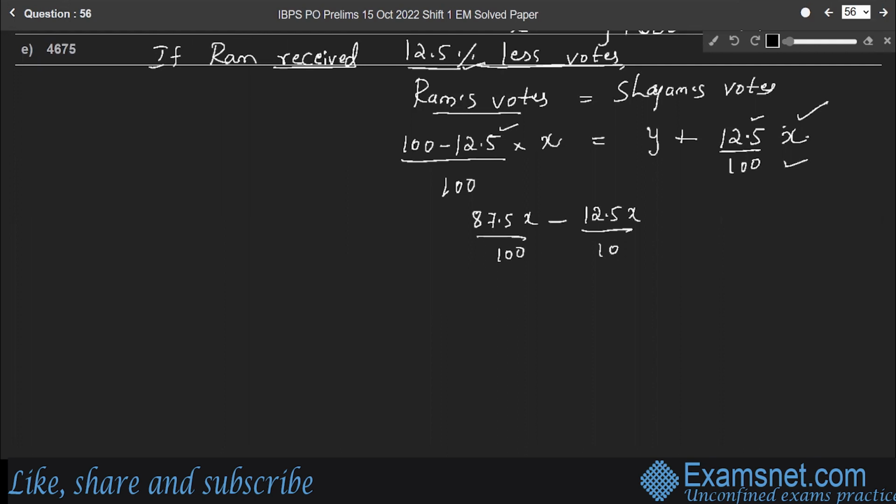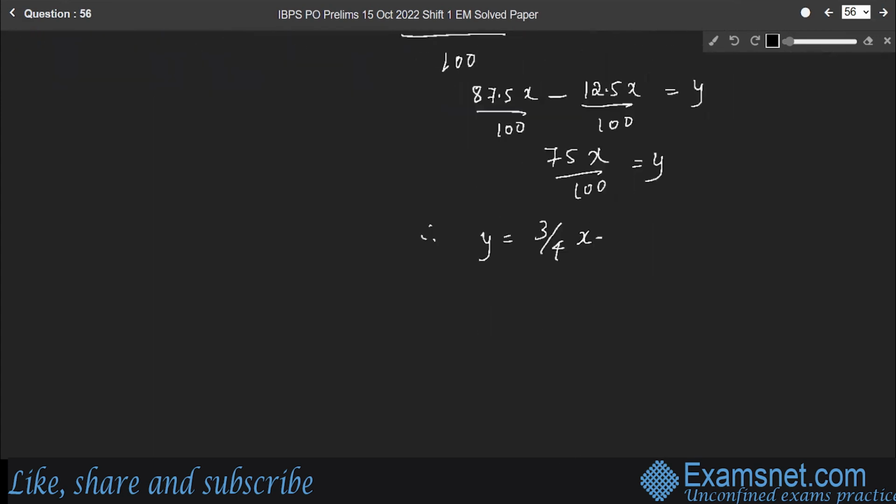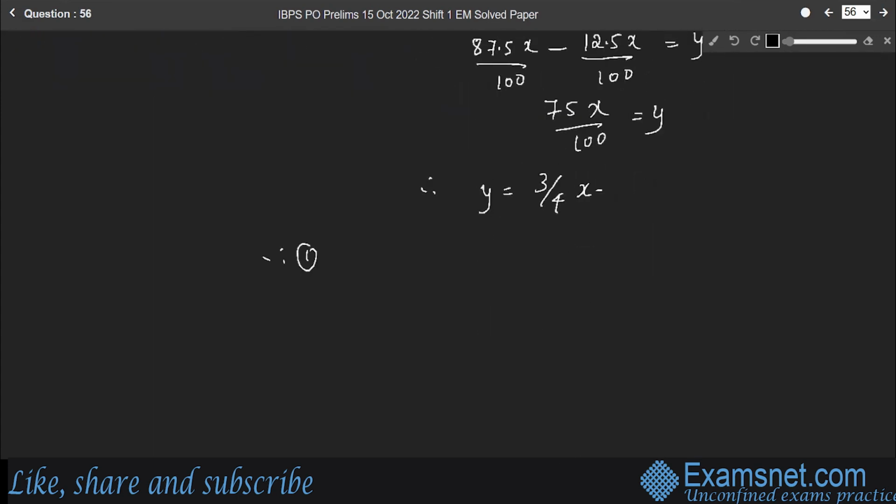12.5x by 100 is equal to Y. Therefore, 75x by 100 is equal to Y. Therefore, Y is equal to 3 by 4x. Substitute the value of Y in equation 1. Therefore, equation 1 becomes,